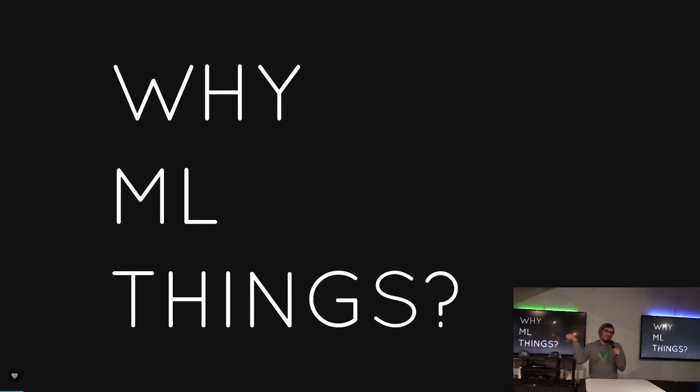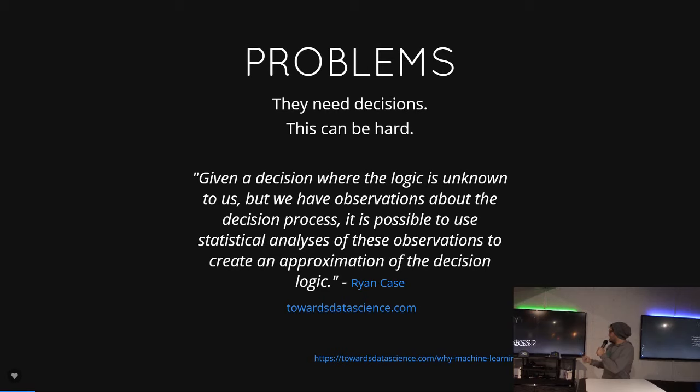So why even do machine learning at all, right? Because we have problems, and these problems are usually big. There's a big problem you can solve and make a decision on, and that's hard. Big problems with big data are hard, and it's hard to make a good qualified decision because you can't hold all the data in your head. It's just too much usually. So that's one of the big reasons we use machine learning.